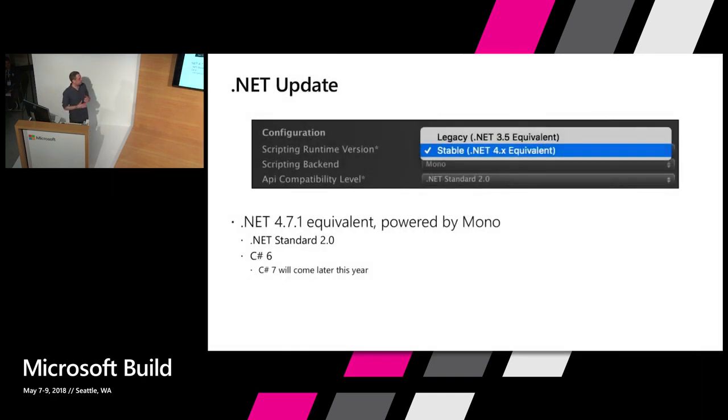I think it was last week, Unity shipped Unity 18.1. And I have the best screenshot for Unity developers. Finally, after years and years, Unity updated the scripting stack. For years, Unity shipped the equivalent of .NET 3.5 that you could program with the equivalent of C# 4. And with Unity 18.1, you can finally target the modern .NET ecosystem, targeting the equivalent of .NET 4.7.1. It's still running Mono.